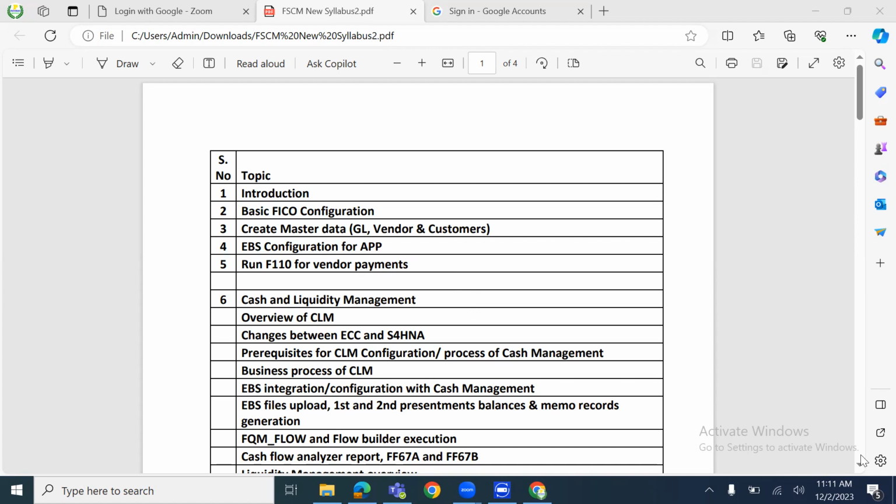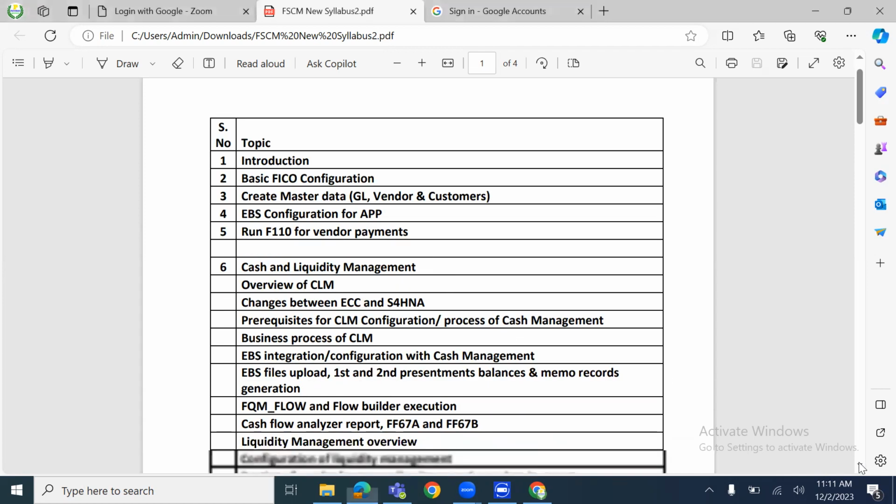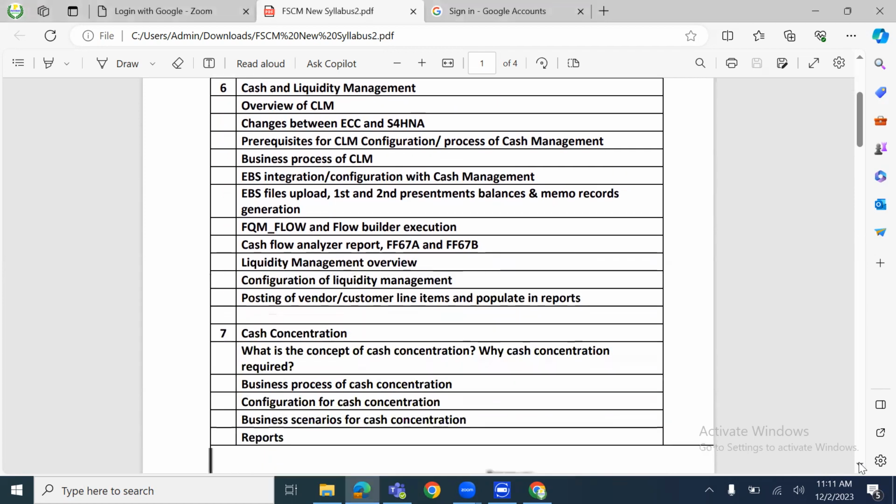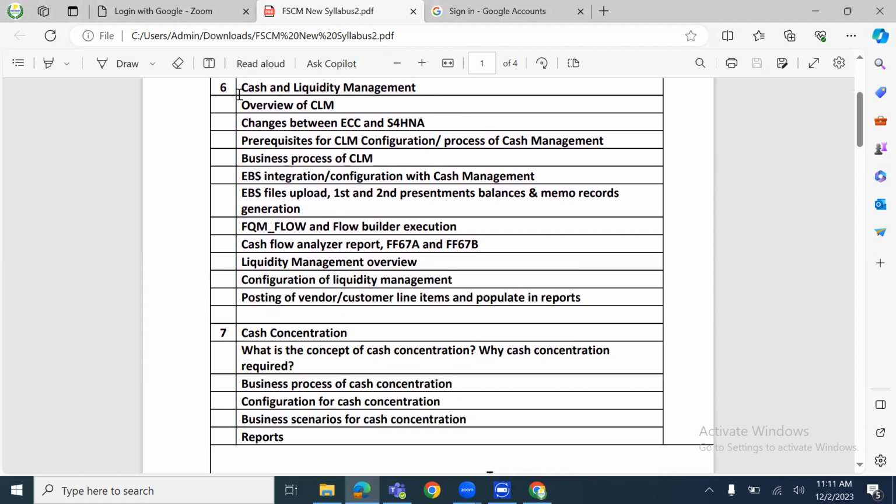After that, the major topics are going to start from here: cash and liquidity management. Under cash and liquidity management: overview of cash and liquidity management, changes between ECC and S4HANA, prerequisites for cash and liquidity management, configuration and process of cash management, then business process of cash and liquidity management,